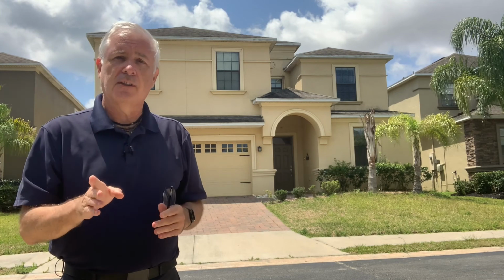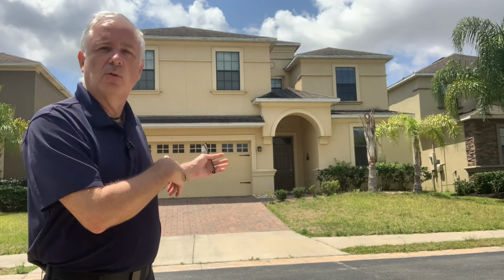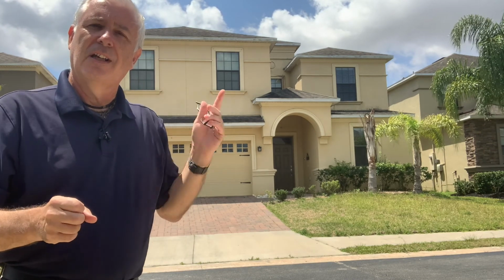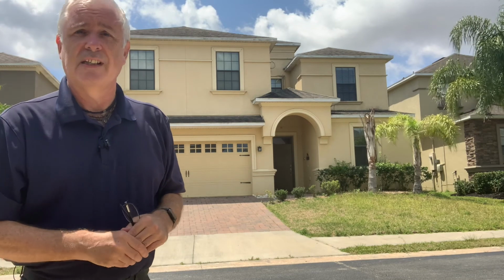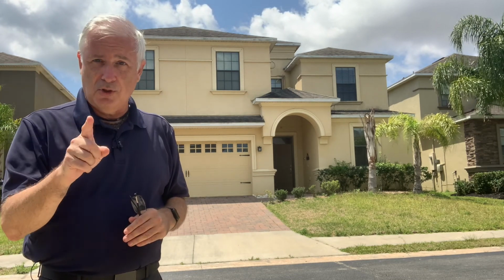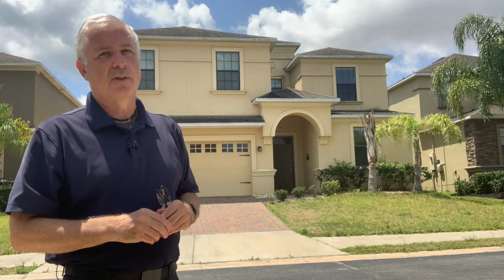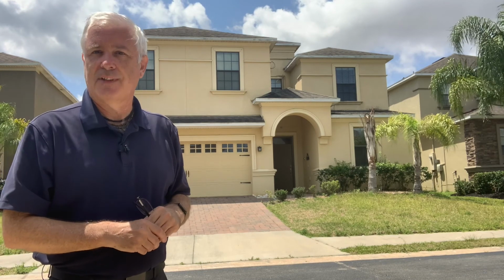Now, before I start, I'm going to preface this with the fact that normally you'll notice I tour the outside of the properties first, and we always take a look at the roof. Well, this one was only built in 2014, so you shouldn't have any worries there. You shouldn't, but I happen to know you should, because this one has a little bit of damage from a